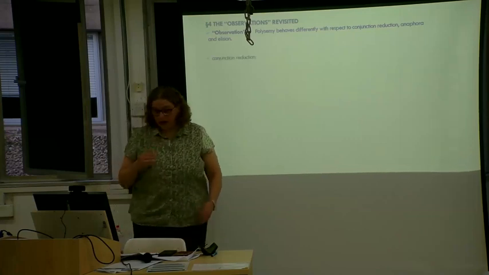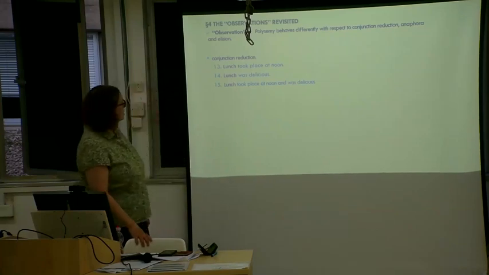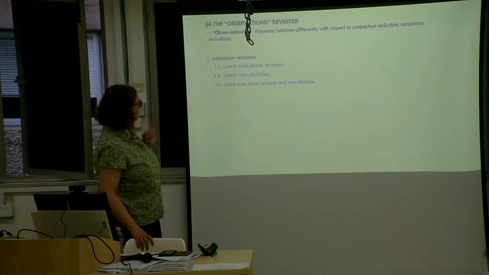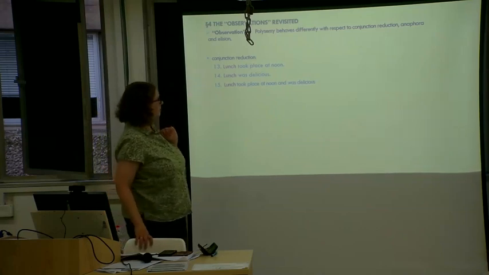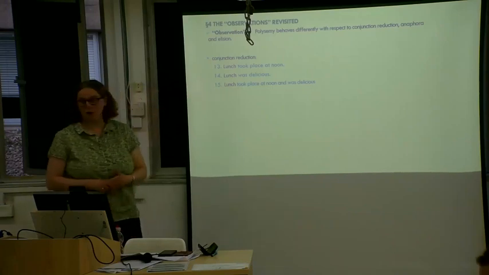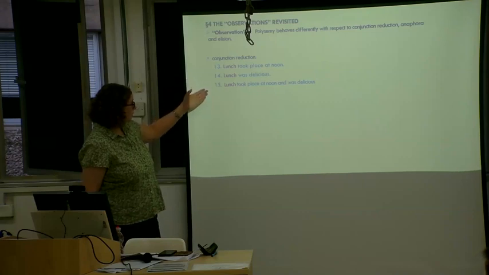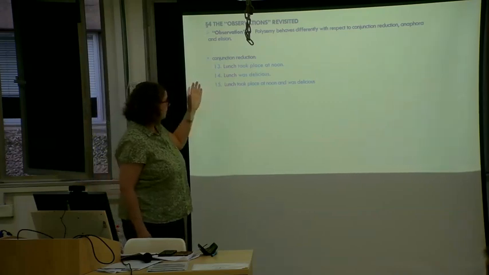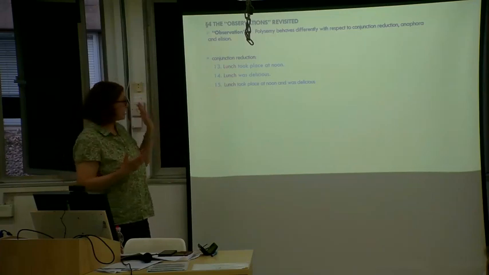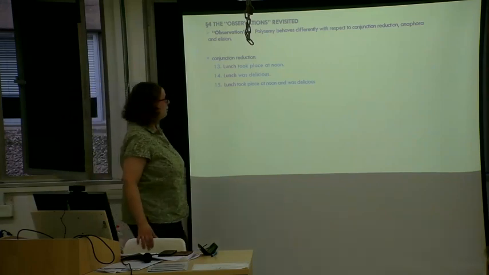So let's remember that first observation, polysemy behaves differently with respect to conjunction reduction and afferent elision. And let's remember the kinds of things that were used to support it. So we looked at triplet like this, where we had lunch took place at noon, lunch was delicious, and then we can join them to get 15, and we notice that 15 is polysemy. But of course, 15 is also a case of copredication. On our view of copredication, the true interpretation of 15 will just use one meaning of lunch. It doesn't matter so much for these remarks which it is, but as it happens, we think it's a kind of event or eventish reading.